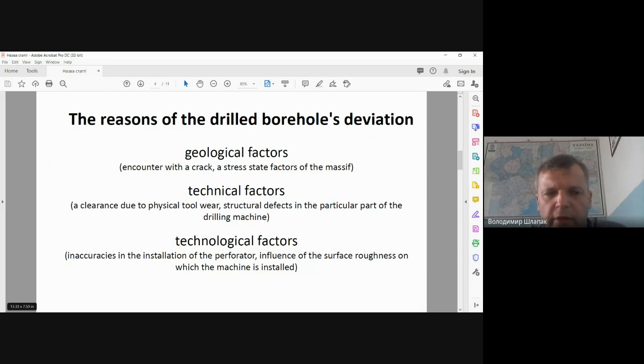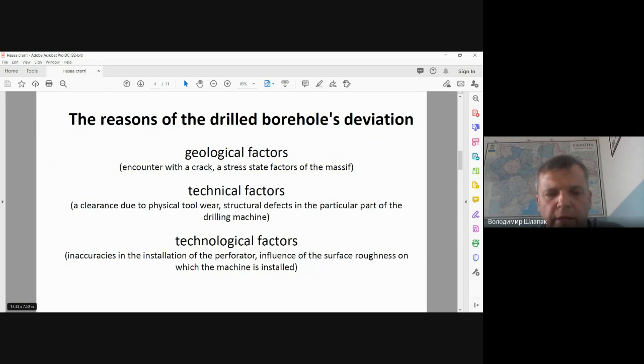Geological factors are encounters with cracks and the stress state of the massive. Technical factors are a clearance due to physical tool wear, structural defects in a particular part of the drilling machine,